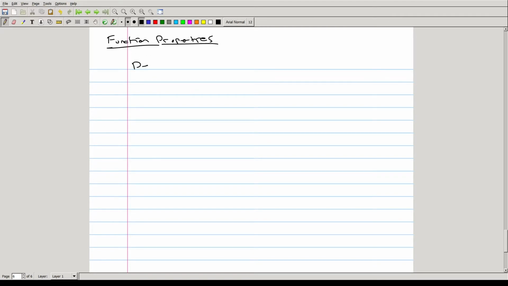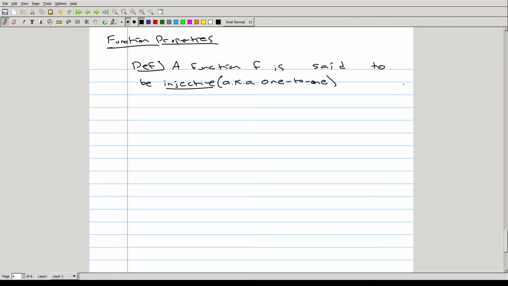A function f is said to be injective. Alternative term for this is 1-to-1. They're synonyms. If and only if